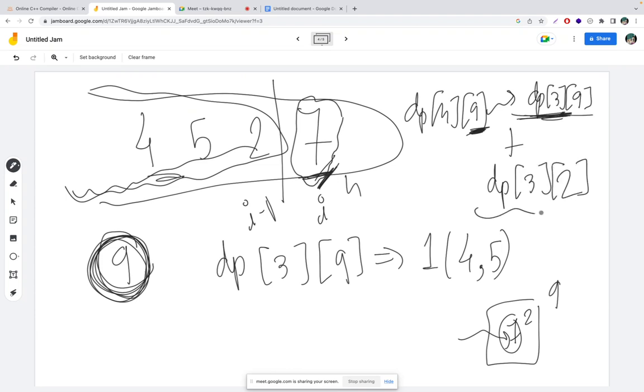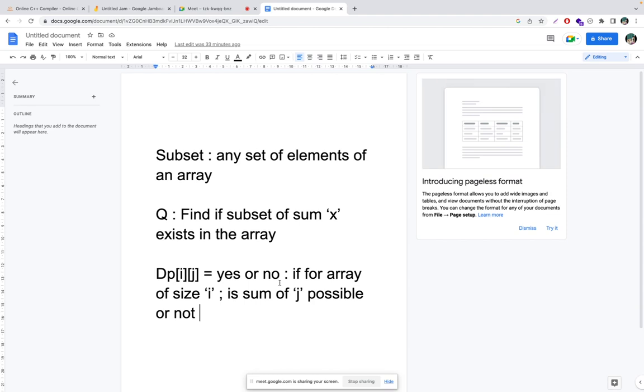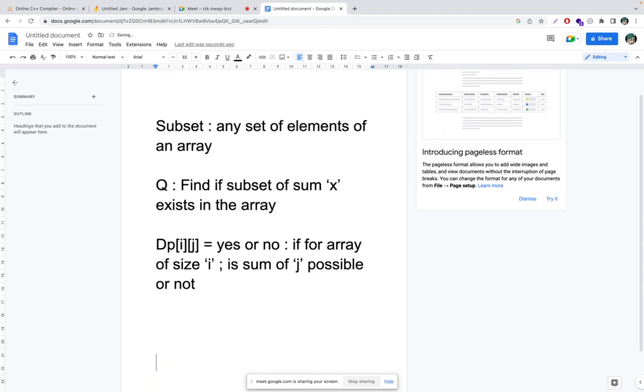Clear, Vikram and Raj? So guys, please tell me the final formula for this. What should I write? DP of i of j will be what? Vikram, say me the formula. Minus 1, j plus DP of minus 1. Raj, can you tell me? J minus